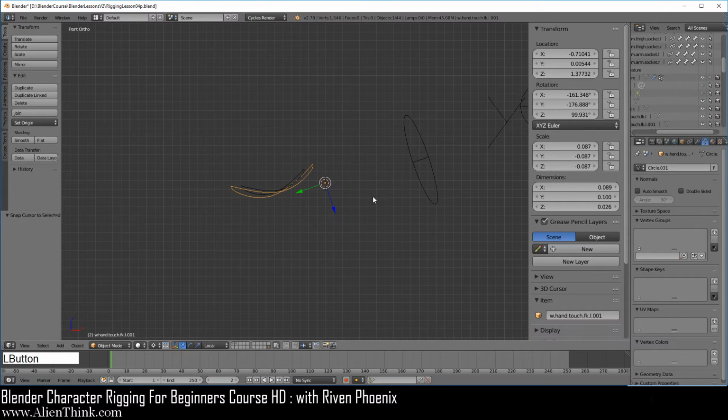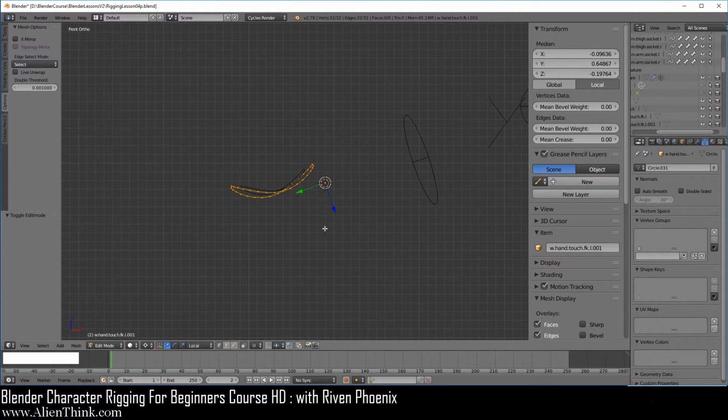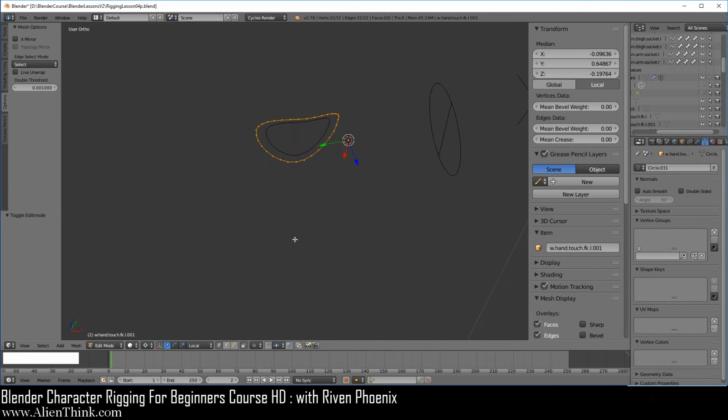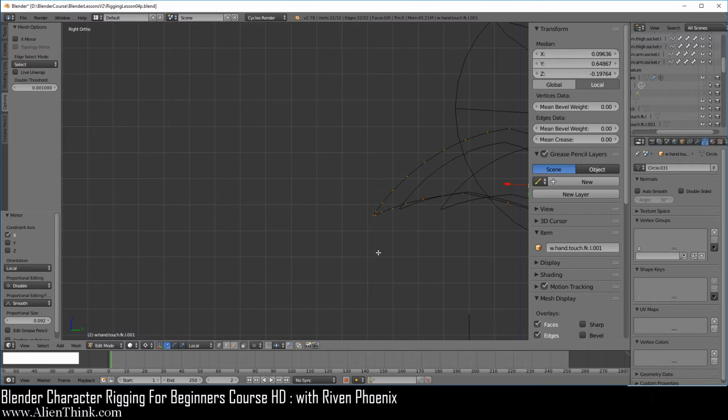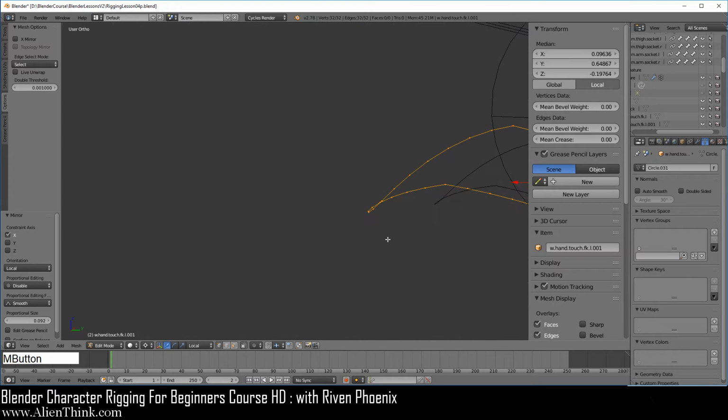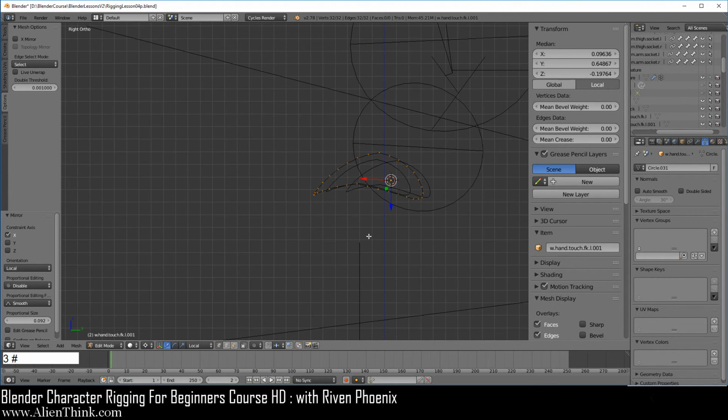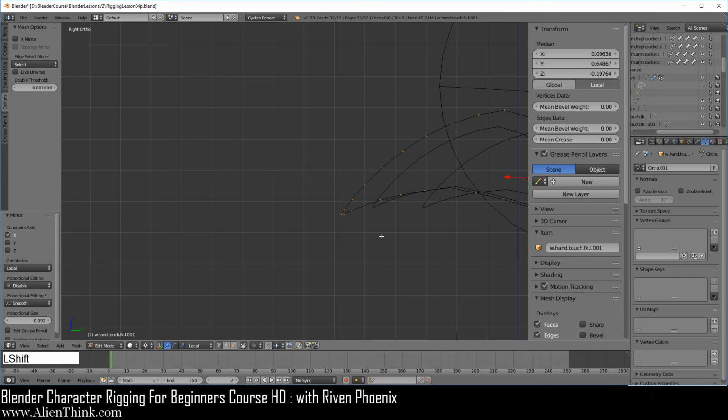Do Shift S, do cursor to selected, press the Tab key, make sure everything's selected. Now over here, what we want to do is take a look at, okay, in this case, what we would need to do is do Control M and do X 2 times, and left mouse button and press the 3 key, right? So you can see that it's matching over here. So if you do the middle mouse button over here and press the 3 key, this is how it's doing it.